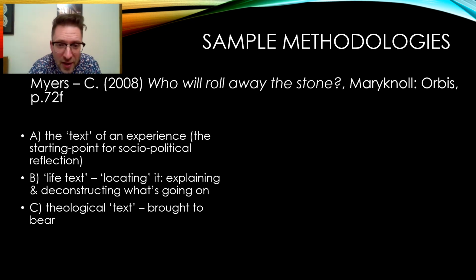C is where the theological text is brought to bear. What does our faith say about this? As we've been exploring in this module, in a way, B and C are so closely related, you can't separate out too neatly first the empire framework and then a theological response. Those two things are in themselves affecting each other, because the theological response is in itself affected by empire, and theology is present in empire.